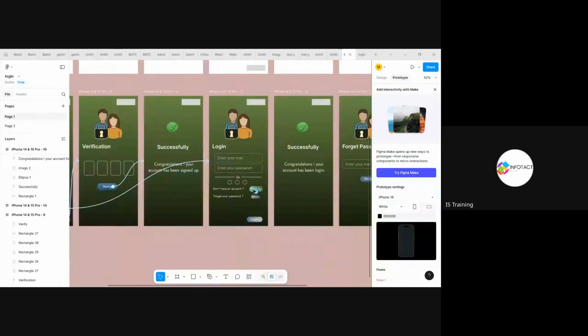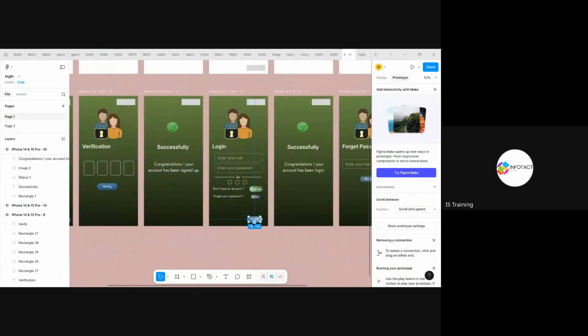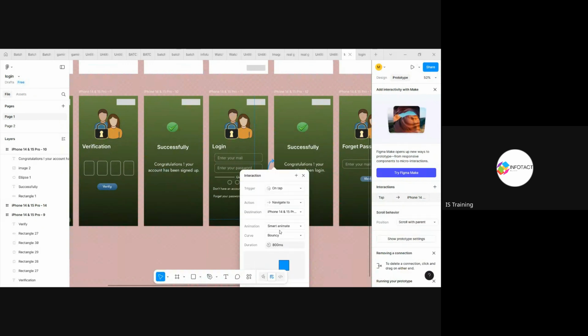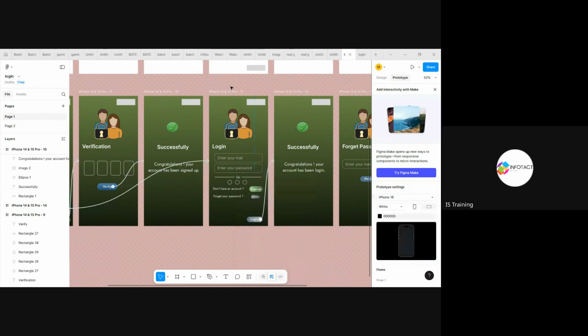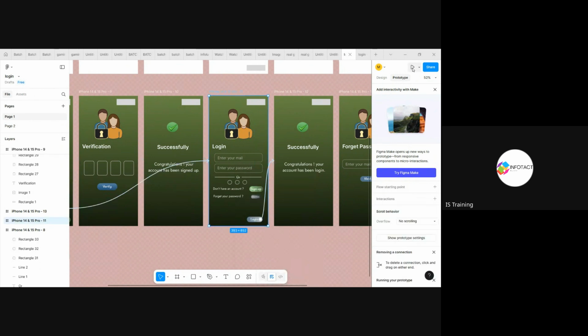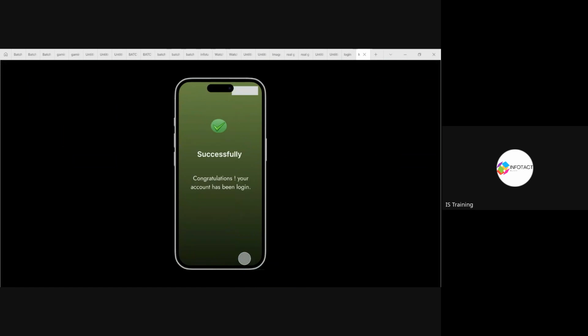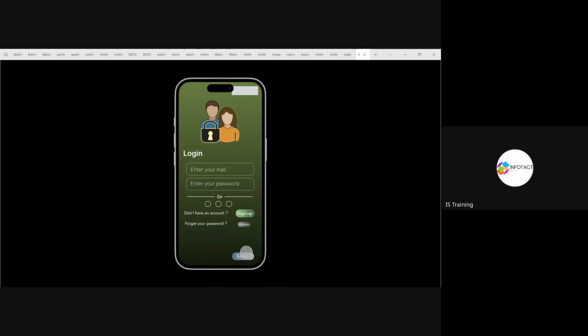Now comes the second one. This is the login one. If I'm redirecting this to this page, here I am choosing bouncy and changing its value to 1400. Now see the difference. I'm clicking on this, and you can see it's bouncing like this.